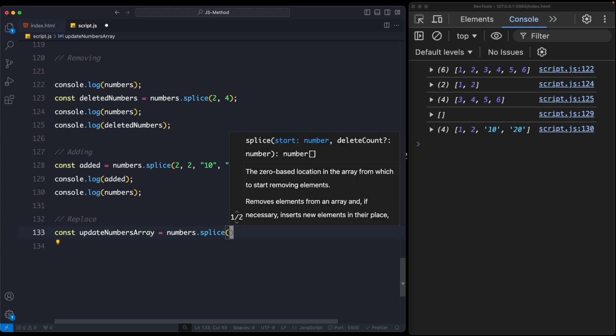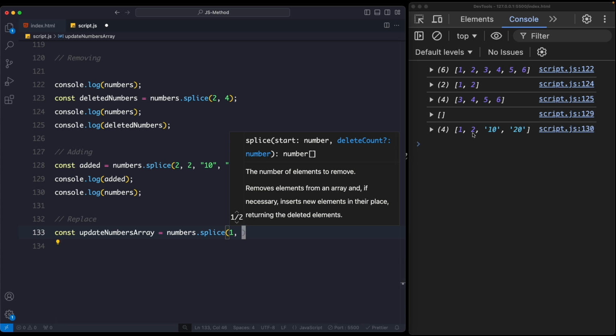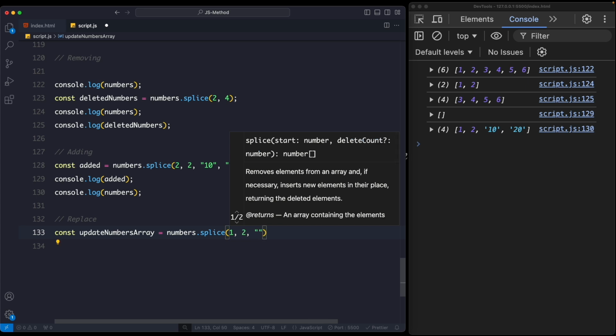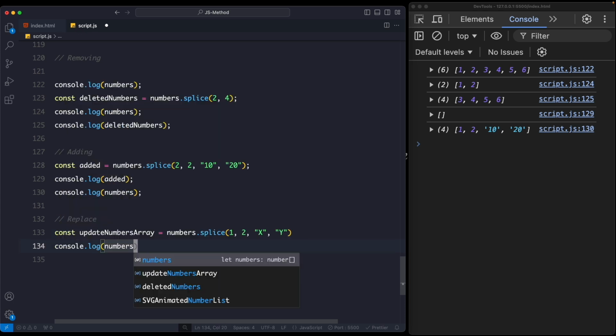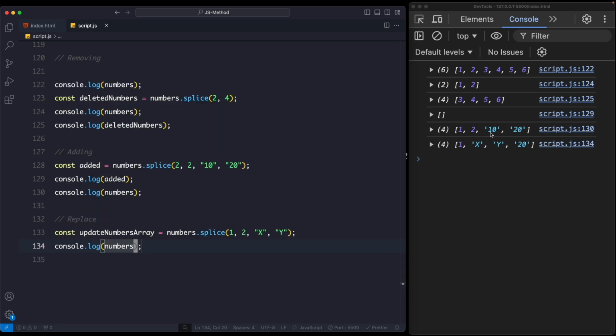Here again we'll have to use the start and delete count. So here I'm going to say that, hey, start from the first index, so first index, and then from here I'm going to say delete count 2, so 2 and 10. Okay, so here I'm going to say 2, and here I'm going to provide the data that I want 2 and 10 to be updated with. So 2 I'll say x probably, and 10 I'll say y. And now if you say numbers, you'll see that now 2 and 10 is replaced with